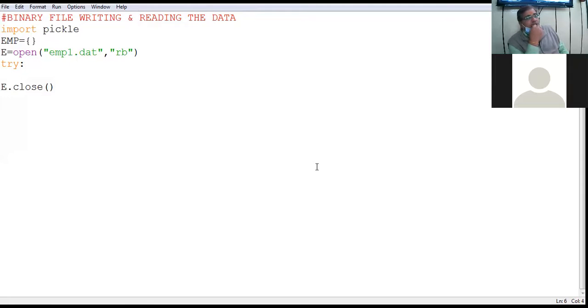Any exceptional problem in between will be handled by the except block, right? So till the loop is true, while True. Clear?